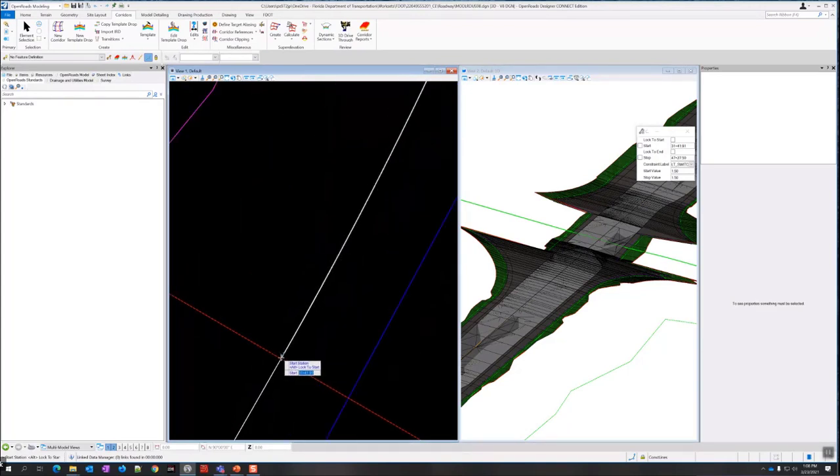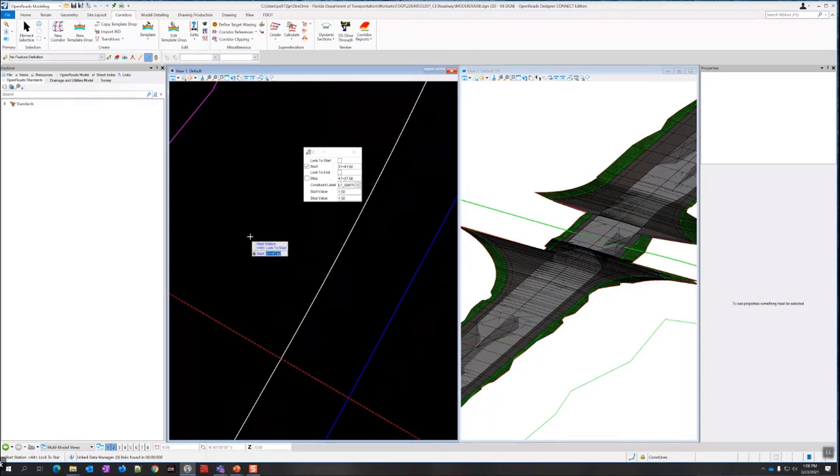If you try to snap to this radius return, it's going to be 31+41.91. So I'm just going to add a hundredth to that. Instead of 31+41.91, it's going to be 31+41.92. Just typing that in manually.